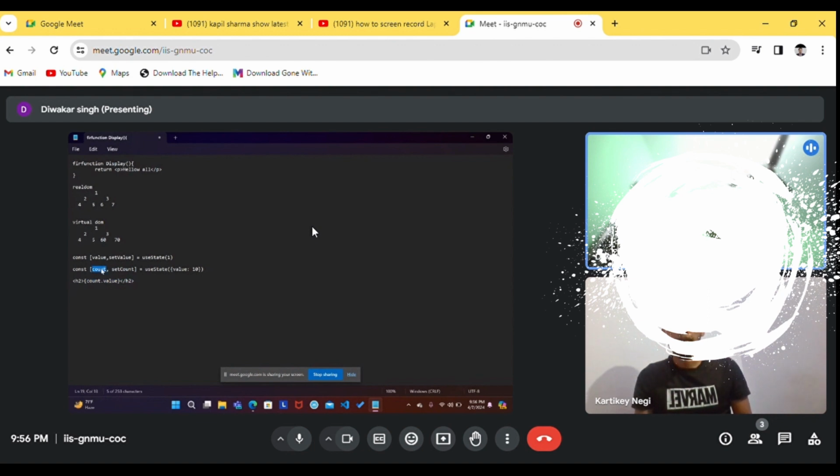But if I directly modify the count variable instead of using the setter function, and I modify the value to 20, I will still see that the value inside the text has not been modified. It will still show the old count. This is because we are directly mutating our state, and directly mutating our state doesn't re-render the component. That is the reason we don't directly modify our state.